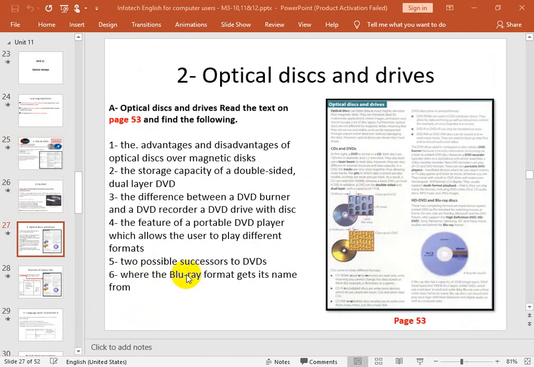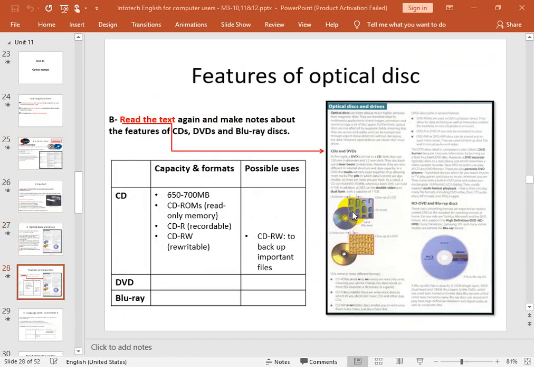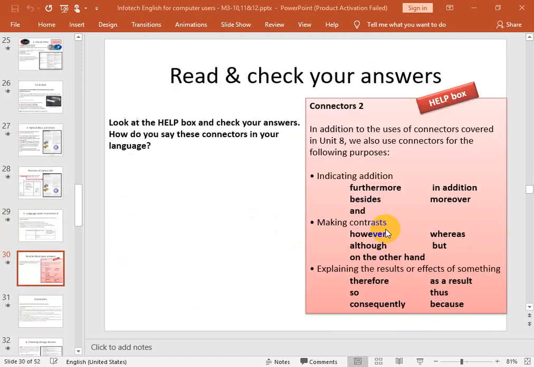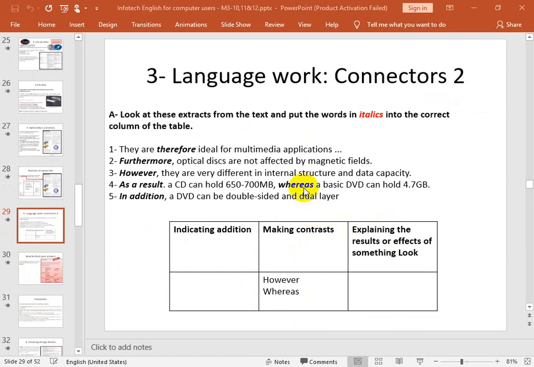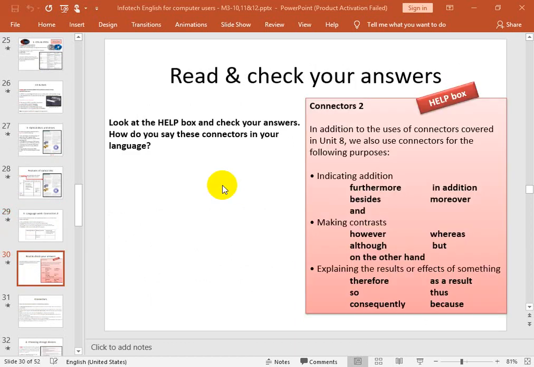Also we managed to look in more detail at this text about the CDs, DVDs and Blu-rays, and the advantages and disadvantages and the rest of it. And also we covered the language side of things, the connectors, and as we said last time,